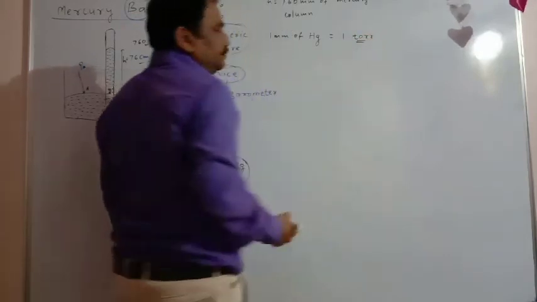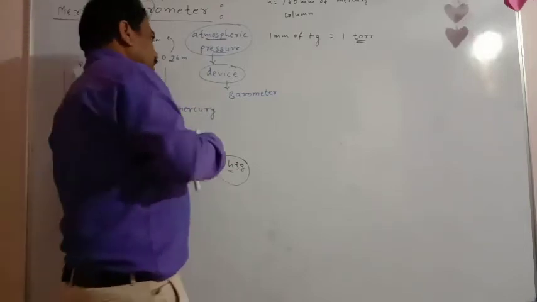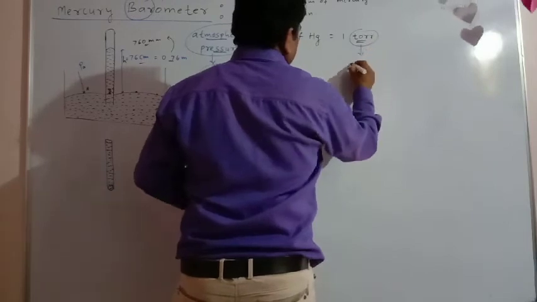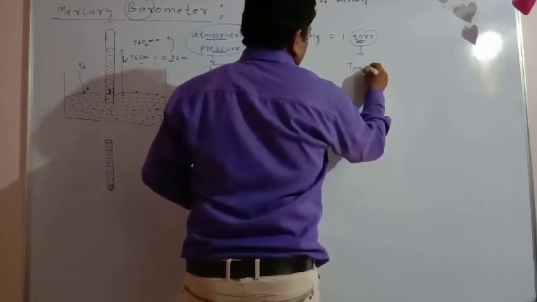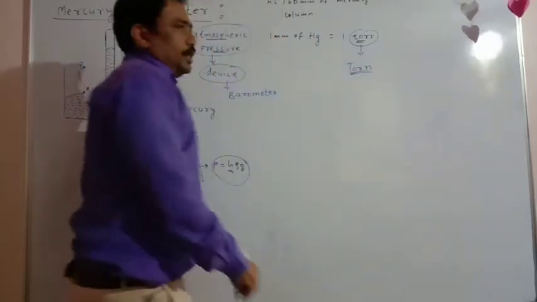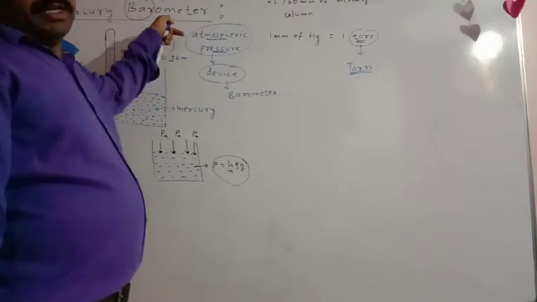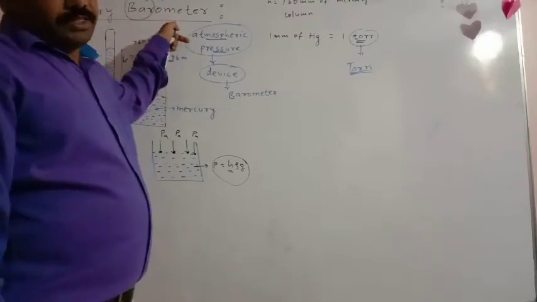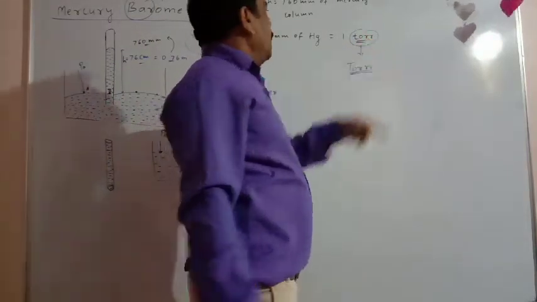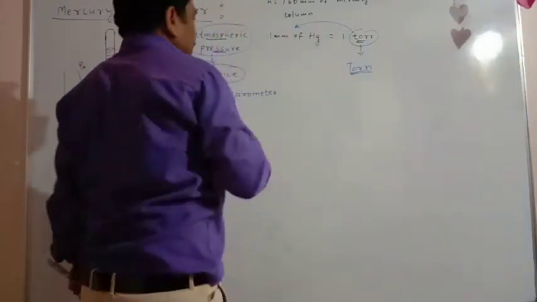What is torr? Torr is not an SI unit, but the name of a scientist is indicated by this torr, that is Torricelli. We can write this as Torricelli. Now this mercury barometer was invented by the scientist Torricelli, so therefore we can use torr here. Now 1 torr is exactly equal to 1 mm of Hg.